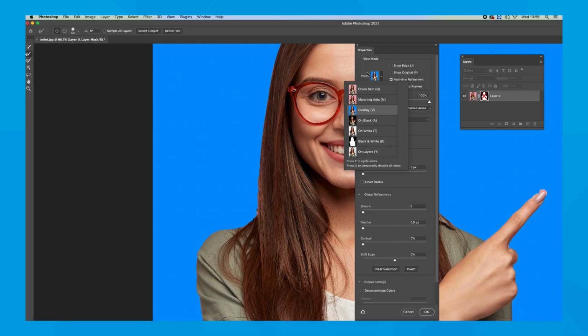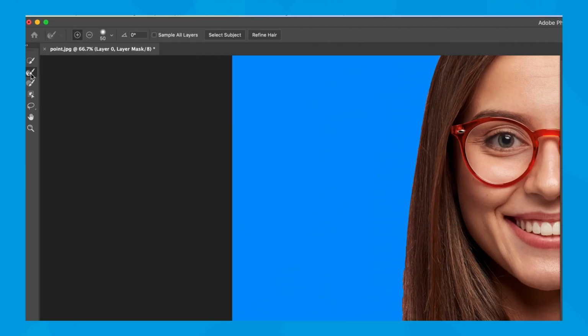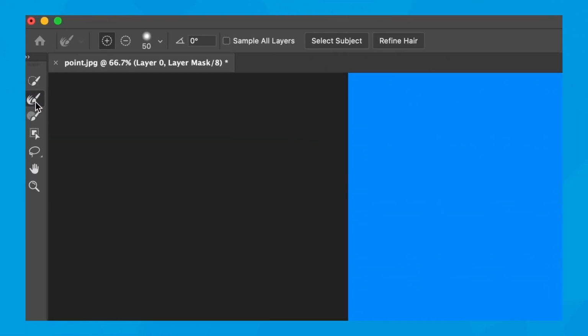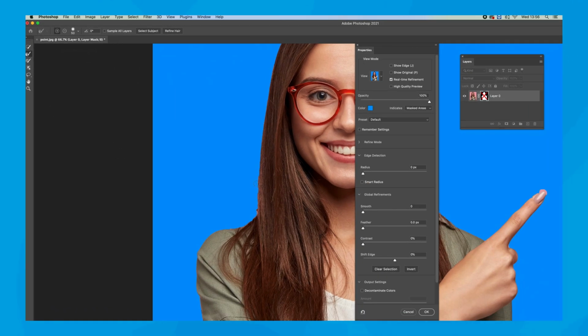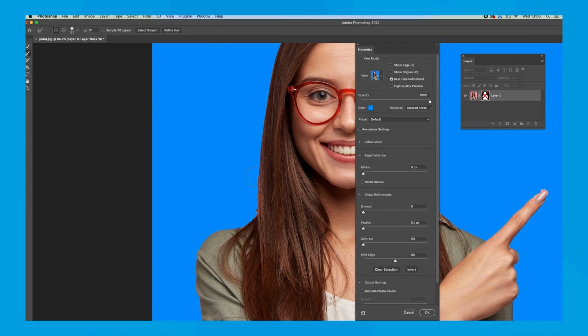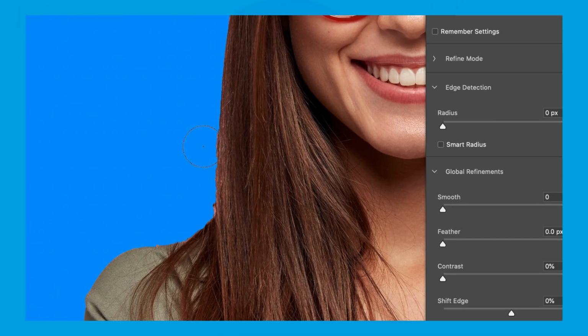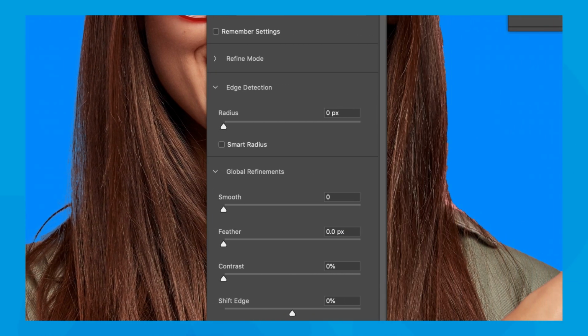The way I do it is use this tool here, which just refines the edge of your mask, and it looks like a paintbrush going into some hair, and that's exactly what we want to use. I'm just going to make my brush a bit bigger using square brackets on my keyboard, and if I run this down the edge here, you'll see by magic it will sort this hair out and make it look a lot more natural. And let me just move my window over here.